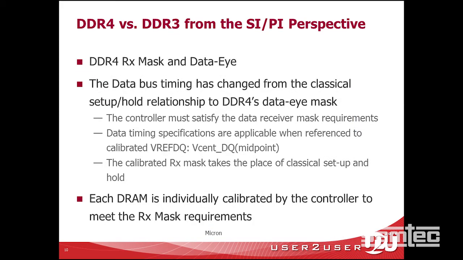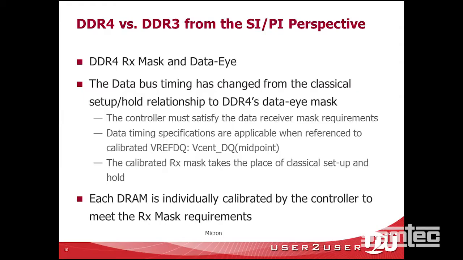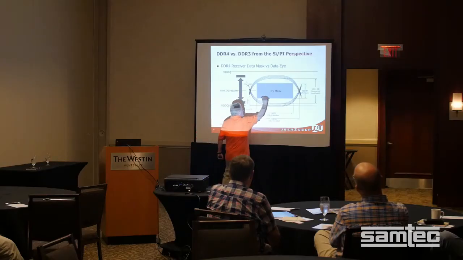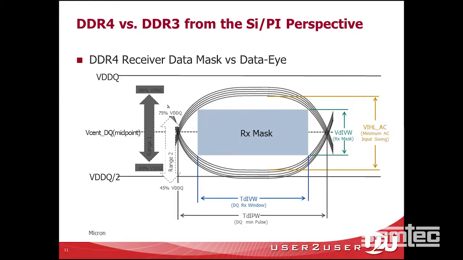So now they look at an RX mask and data eye. So it is changed from the standard setup and hold time, and now they look at an eye instead, and then move the center around. So each DRAM is individually calibrated inside the part, each memory part itself. And it looks like this. Here's your data eye and here's your mask. What they have is 2 different sets of